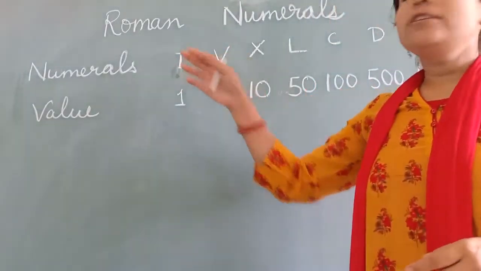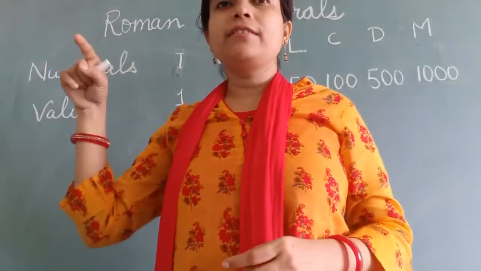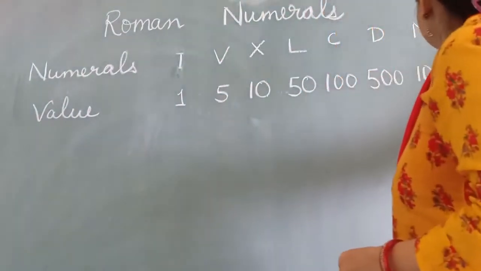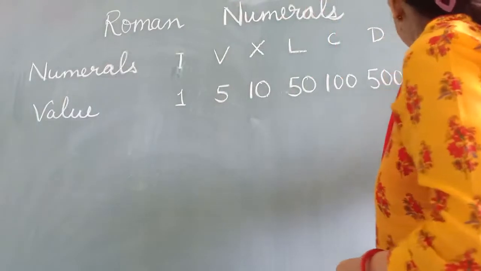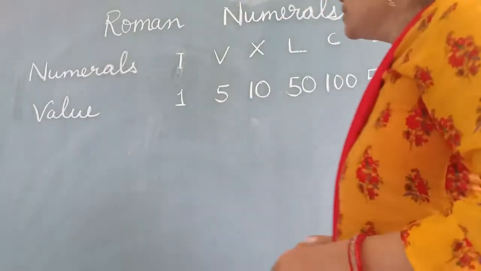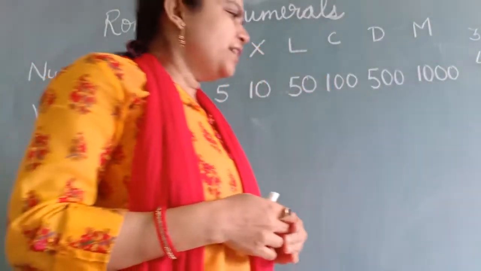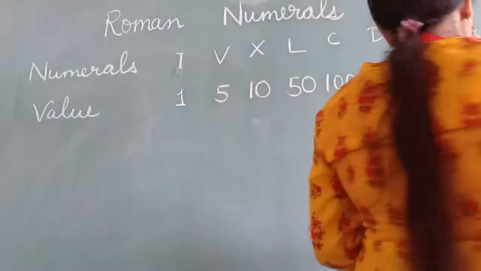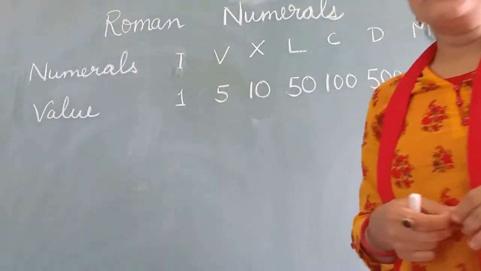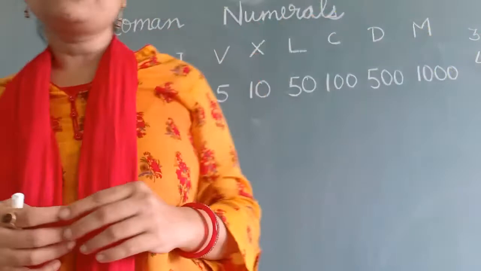And in your class also, you have seen your class name written. Is class 3 written like that? No, no. It is written like this. Or class 4 is written like this. So we are using these Roman numerals. But it is not very useful for us. It looks beautiful, that's why we are using it. Otherwise all the calculation we do with the Arabic numbers only.